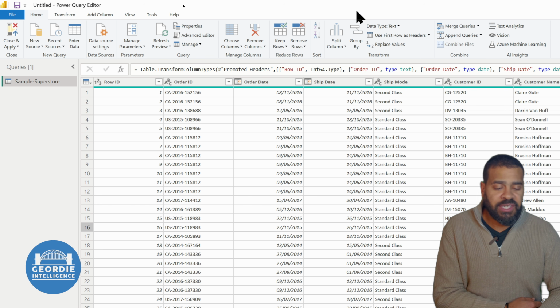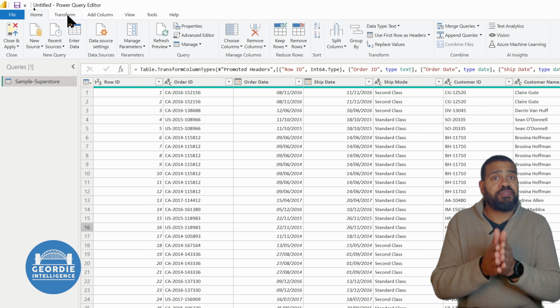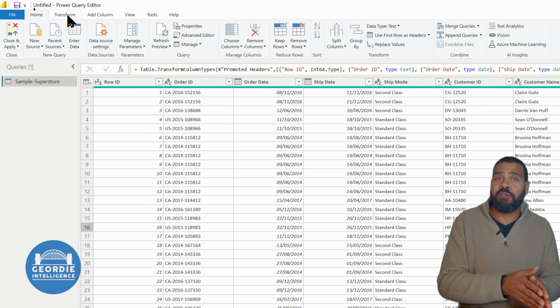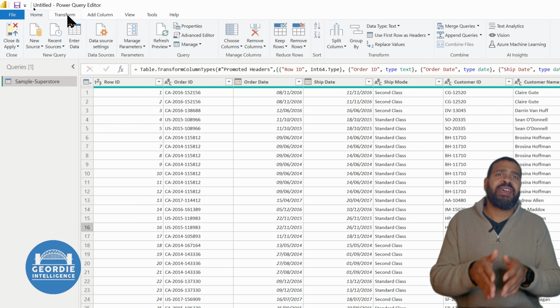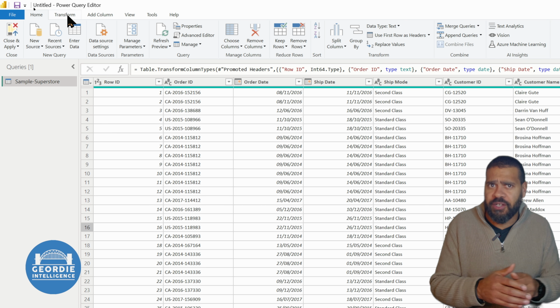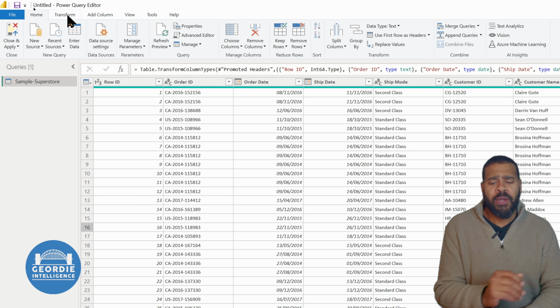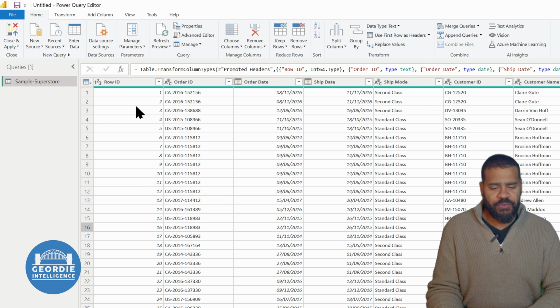You've got home, which gives us a lot of options that we can do. We've got transform, which involves transforming something. And we've got add columns, which involves adding a column. So typically transform will be transform that column. Add columns, let's produce a new column, as well as home. What we can see we have here,